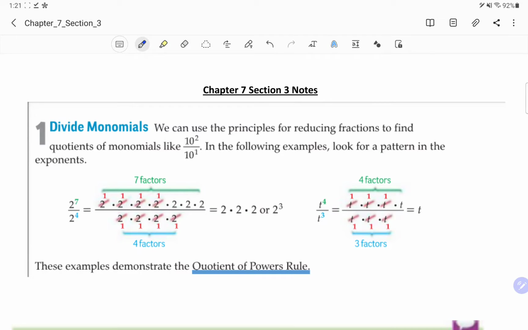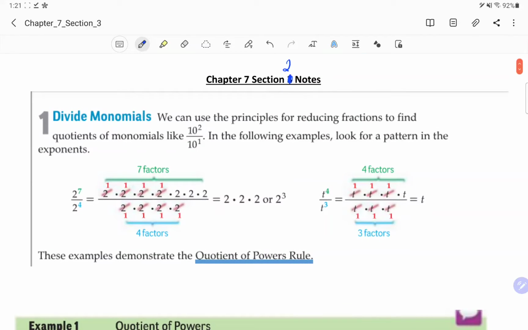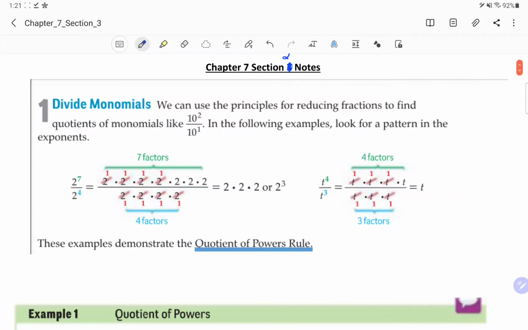So, first off, today we are doing section 2 from chapter 7, not section 1. It's a typo that I did not catch until just now, so just know when you go to look in your book or something, it's section 2, not section 1. All right? But we are moving on from adding and multiplying and